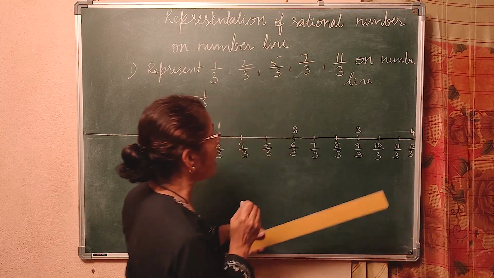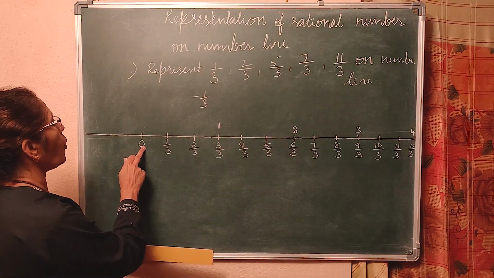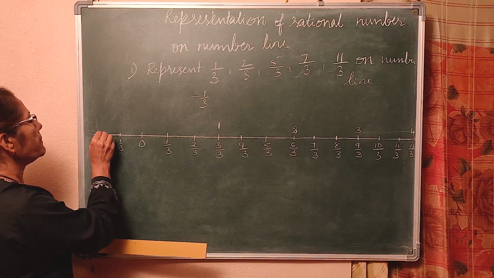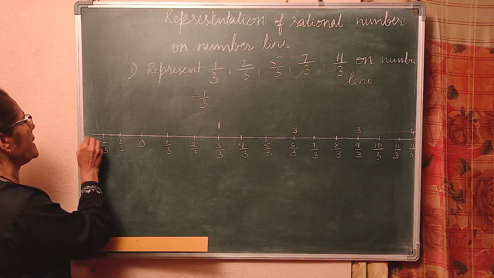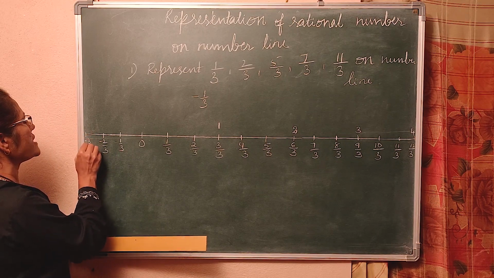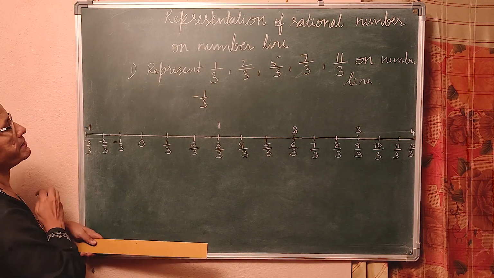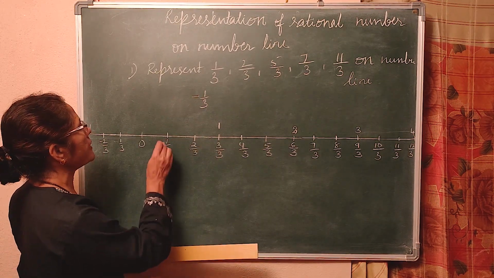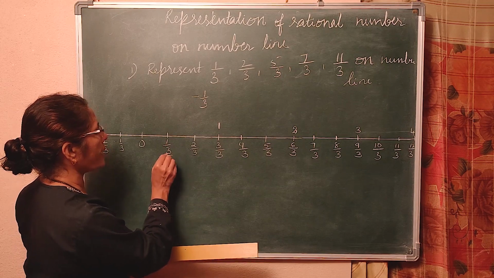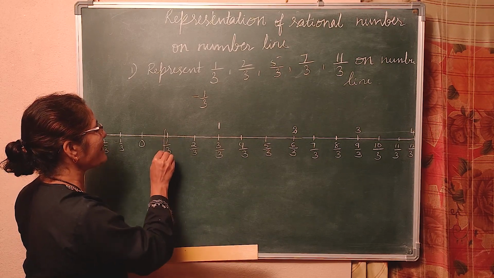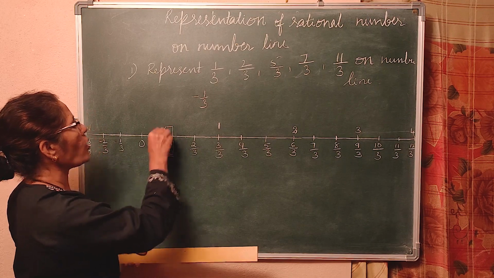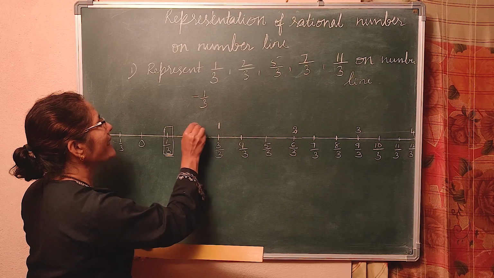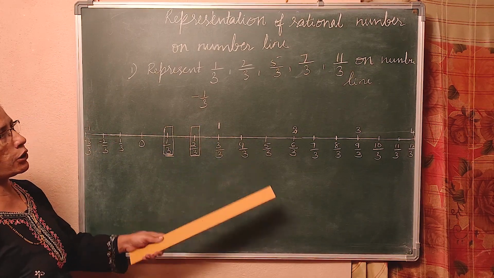4. So now I mark 0. Here again, minus 1 by 3, minus 2 by 3, minus 3 by 3. What is minus 3 by 3? Minus 1. So first is 1 by 3. Where is 1 by 3? It is here. We can underline it or make a mark to show this is what I marked. 2 by 3, this one also I marked. Right? Do it neatly, let it look neat.